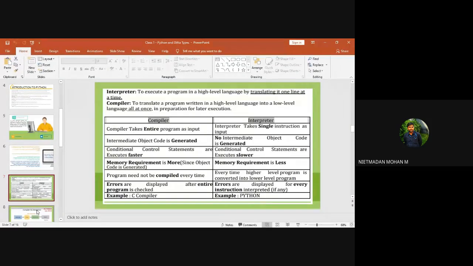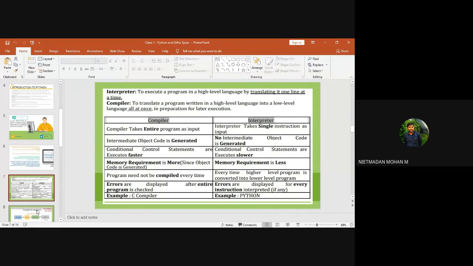So if you clear those errors, then the program will be executed. This is one of the topics in the second unit, that is interpreter and compiler. These two play a major role for the programmer before getting the appropriate output from the software.